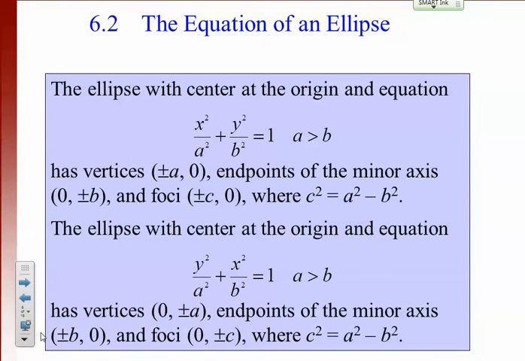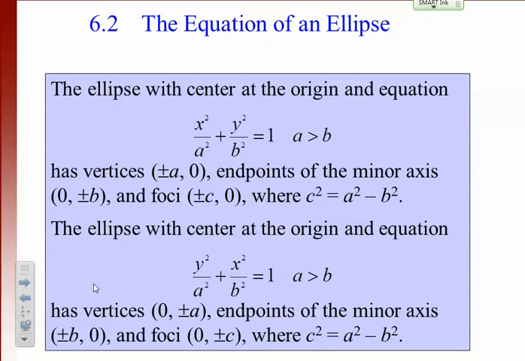And the two equations that go with the ellipses look a lot like the circles, right? They have x squared plus y squared, but instead of equaling a radius squared, they equal 1. So I always have this in the standard form, always equals 1. And the a squared and the b squared go underneath the x or the y. The a's and the b's are what change places in these formulas, or I guess the y squared and the x squared change places. But the a squared is associated with the major axis, the longer axis,